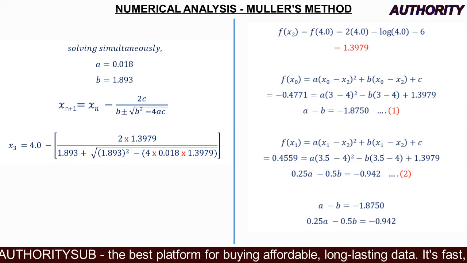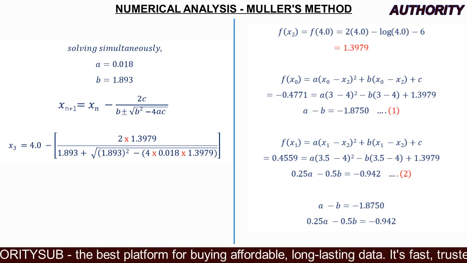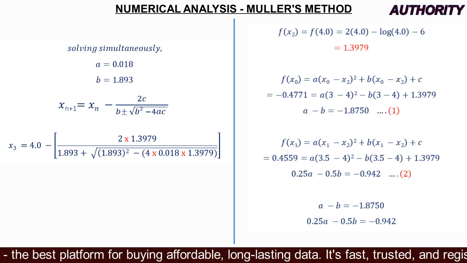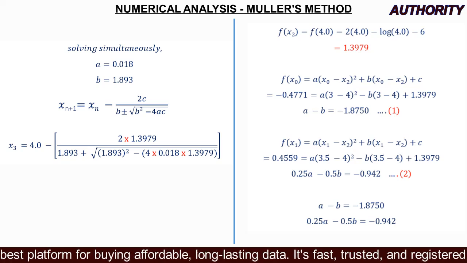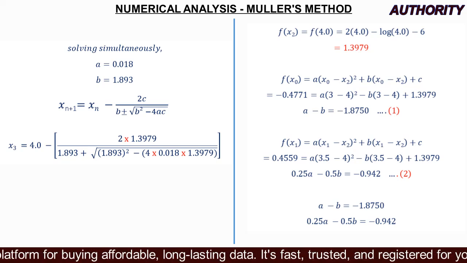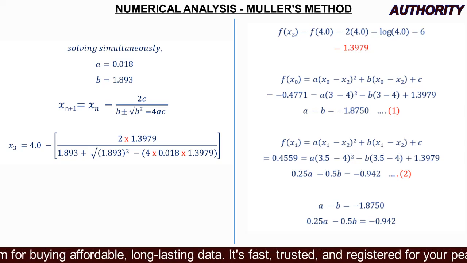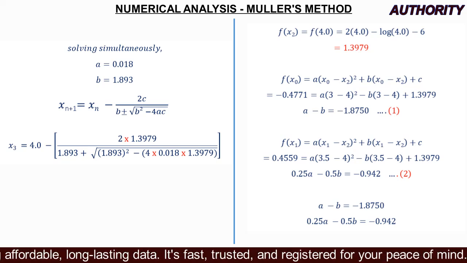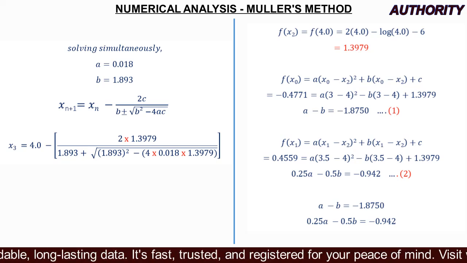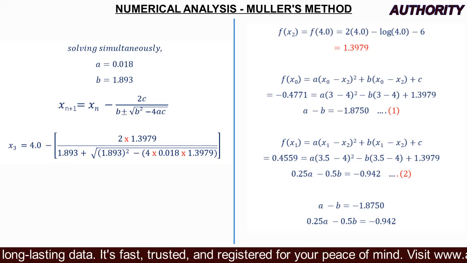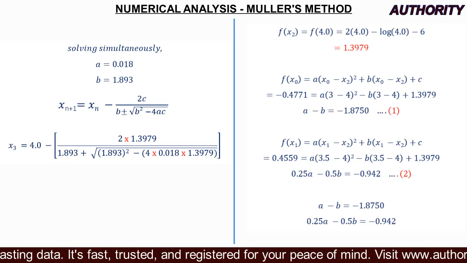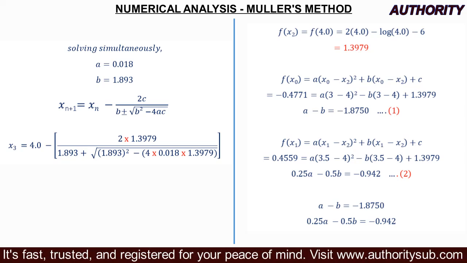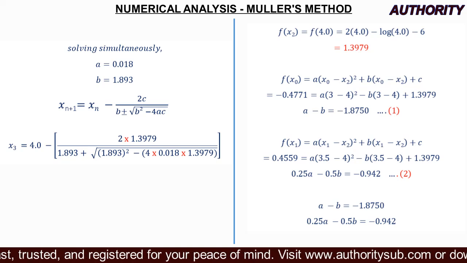Are we together? So here we see that b is positive, 1.893. In this place where we have plus or minus, it's either plus or minus. Since b is positive, we go with plus. So we have 1.893 plus the square root of b squared, that is 1.893 in bracket squared, minus 4ac, minus open bracket 4 times a, which is 0.018, times c, which is